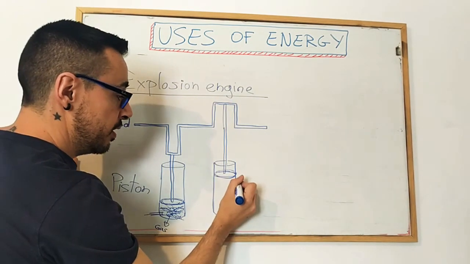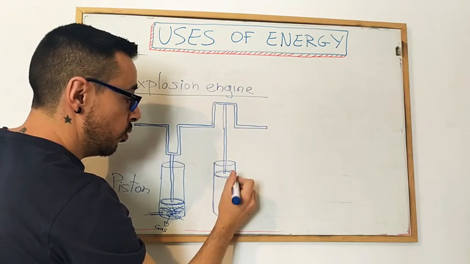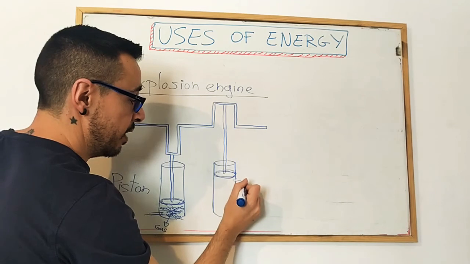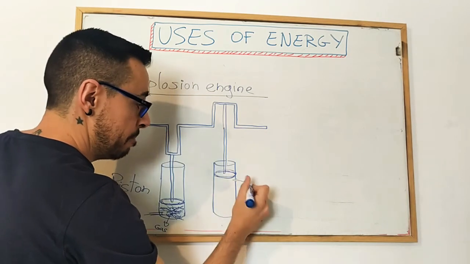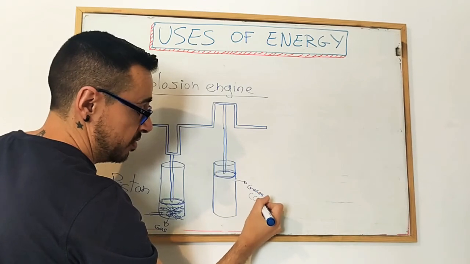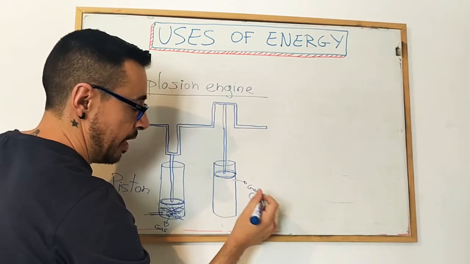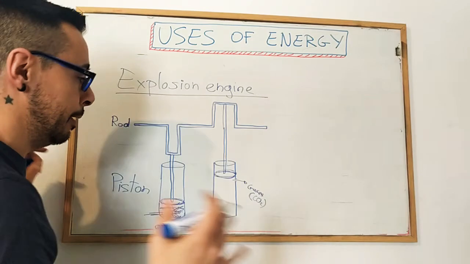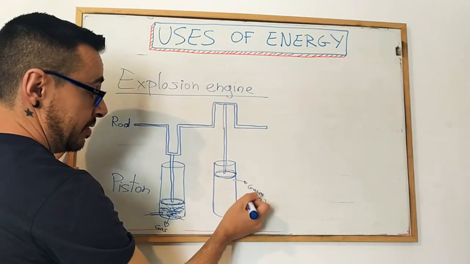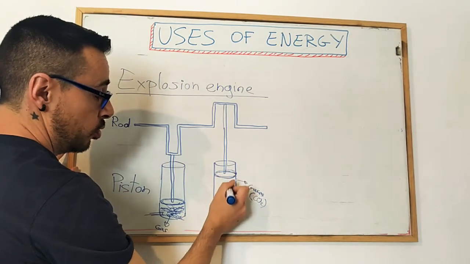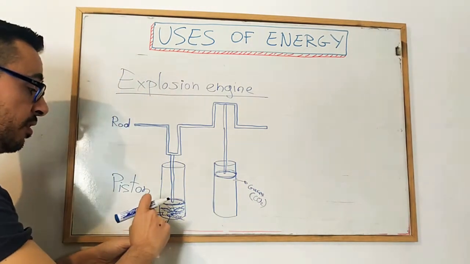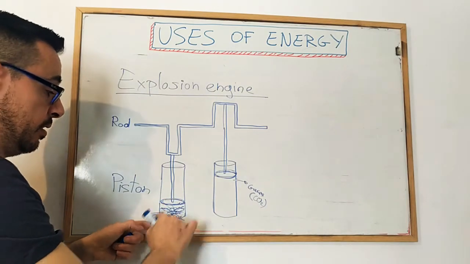So here it has a hole where the gases of the explosions get out, which are CO2, among others. And the gases get out, and the piston is going to fall down again, and it repeats the process